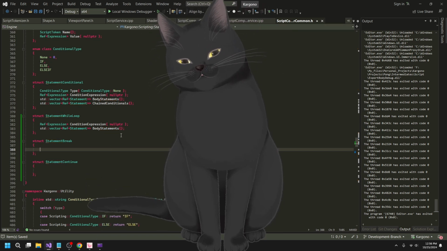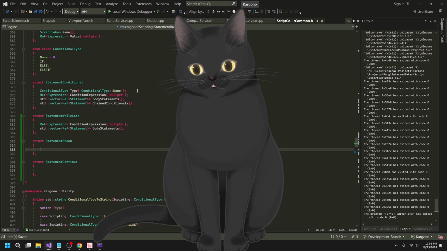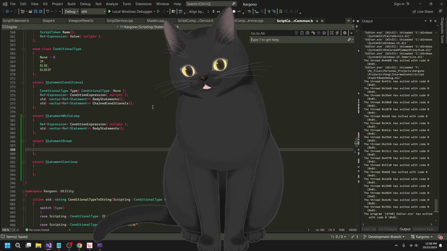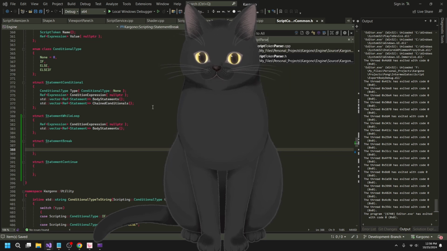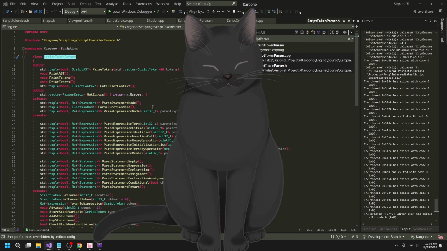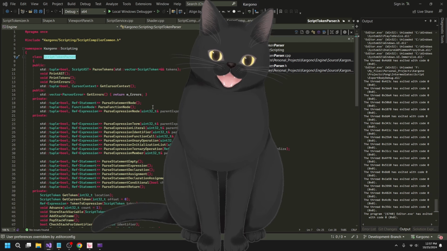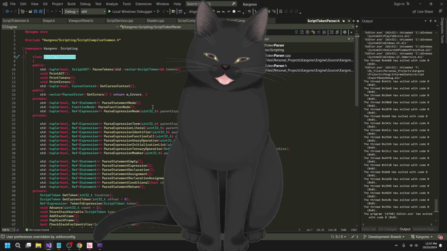Next thing we need to do is actually parse these statements. So what we need to do is go to the script parser. And at this point where we're at, we will already recognize the while and the break and continue keywords, right? So those are already available in the parser.